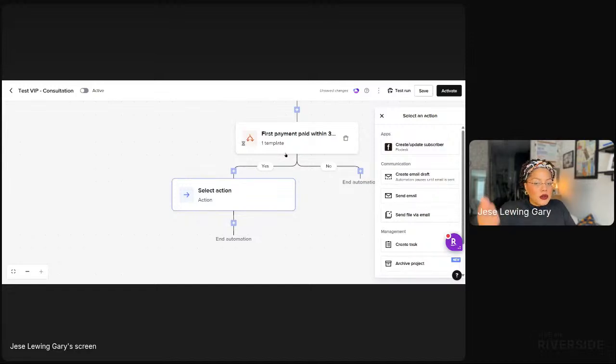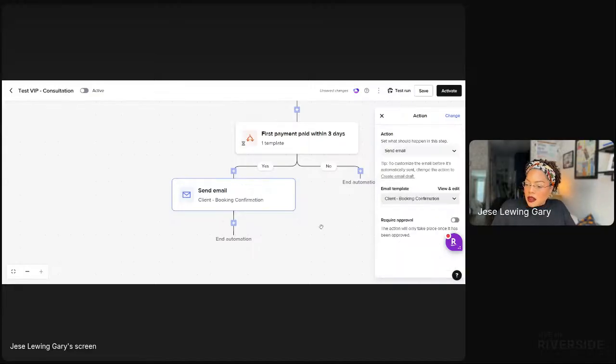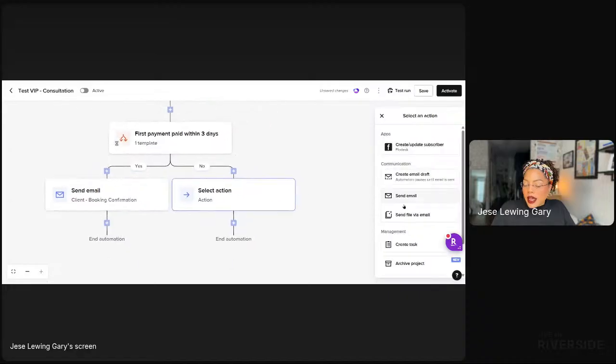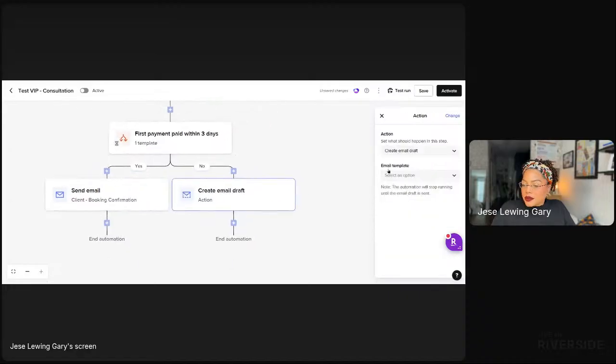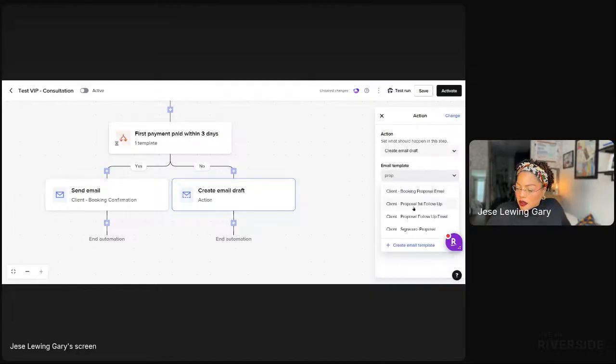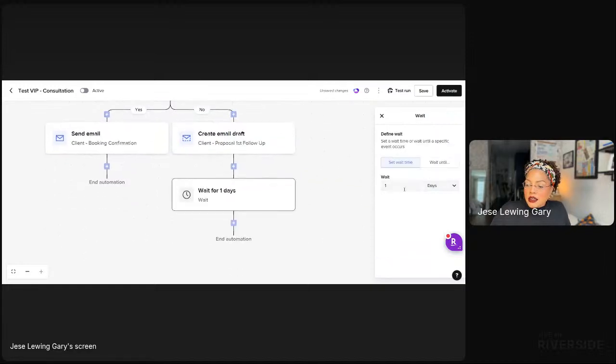This is why you should already have it written out. What happens once the client makes their first payment? It should be confirmation. Boom. I don't need to require it, but if no, I can have first follow-up. And then I can say 3 days later,